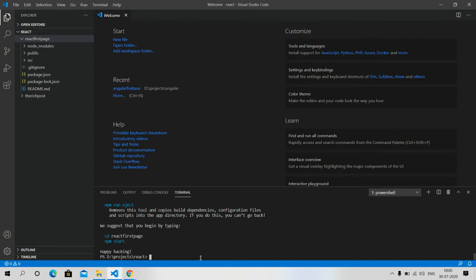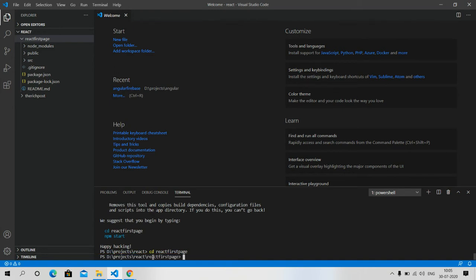Wow. So friends, look, our demo project has been created and now I will go into the project: cd react-first-page, press enter. Now I will run the command npm start.